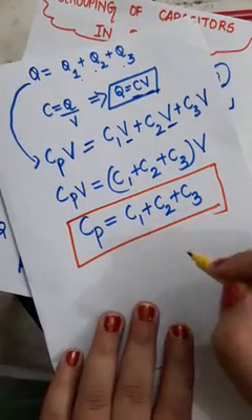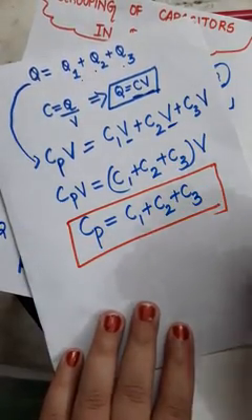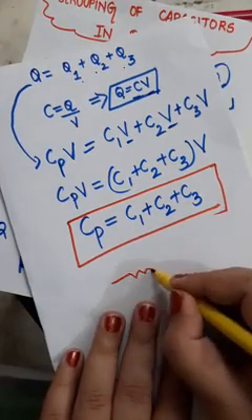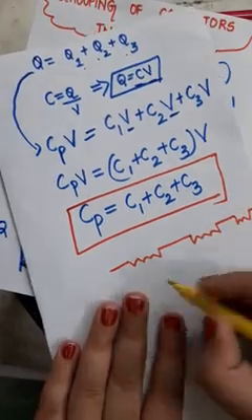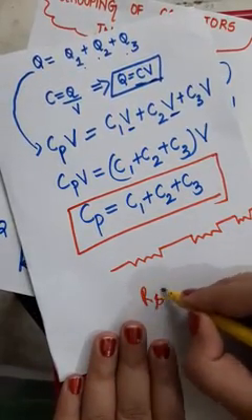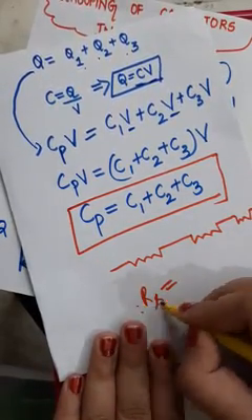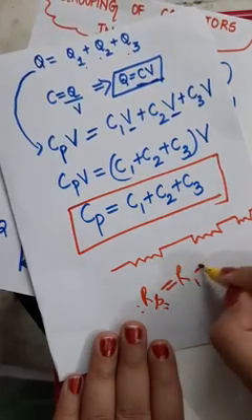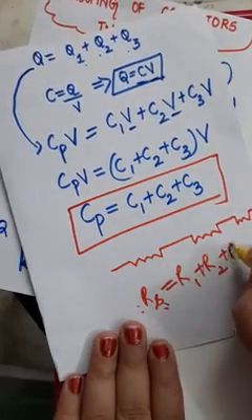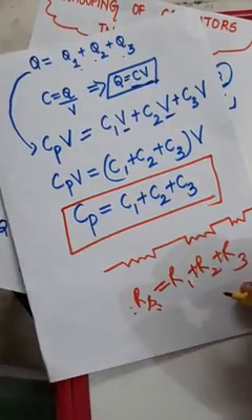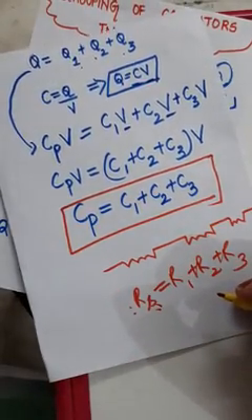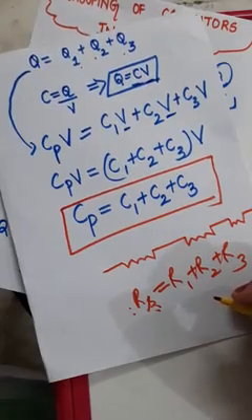Don't you think that this result resembles the result of resistances when they are connected in series? That result used to come as RS, resistances in series, as R1 plus R2 plus R3. I am giving you a learning tip over here. Don't write it in an exam, but it's simply a learning tip.